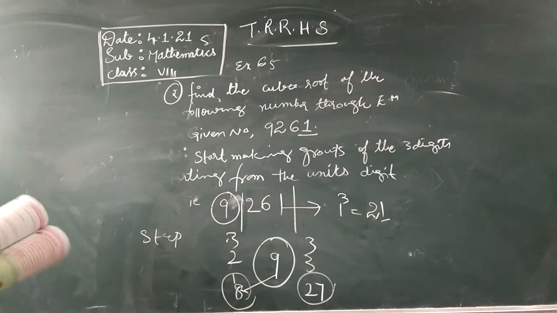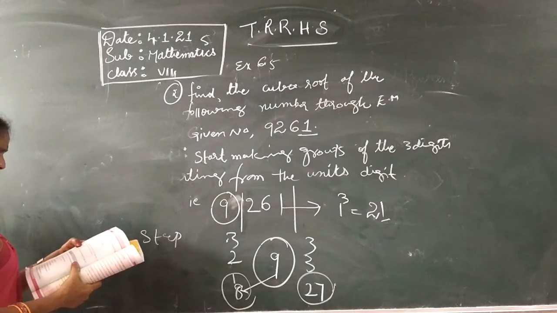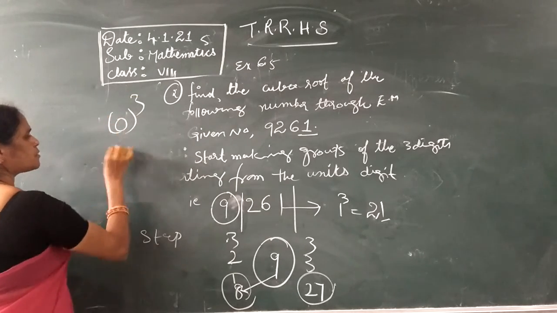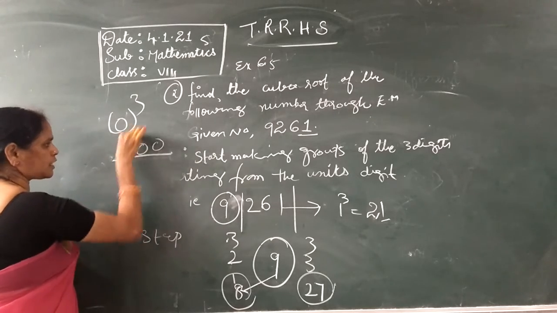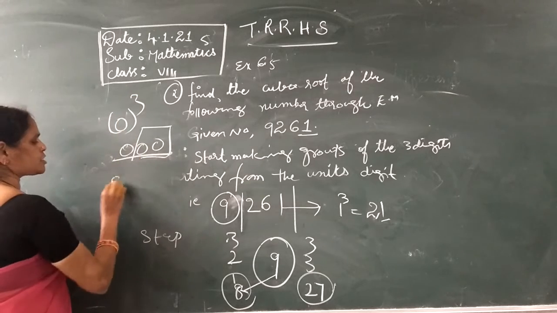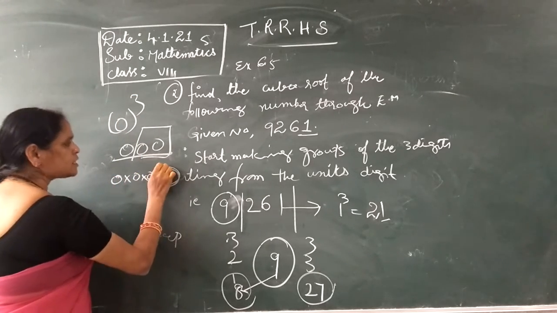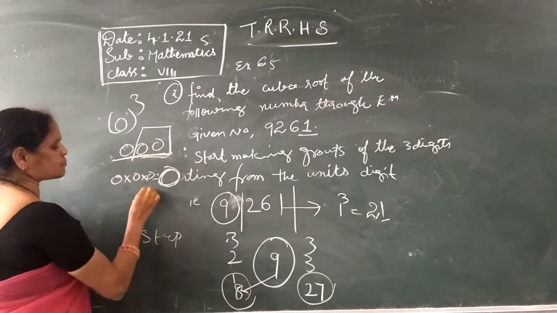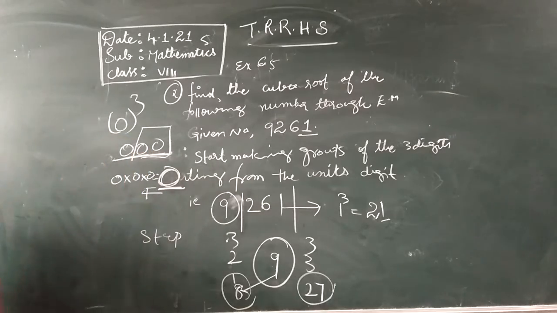A perfect cube, suppose, okay, listen. A perfect cube may end with 2 zeros. Suppose 0 cube means, last how many zeros will be? 3 zeros. But as per your question, they are saying 2 zeros. No, there won't be 2 zeros. Because 0 cube means 0 into 0 into 0. How many times you do it, the last will be 0. Only 1. So here in the question they are saying 2. So this is true or false? False. The answer is only 0. It won't be 2 zeros.